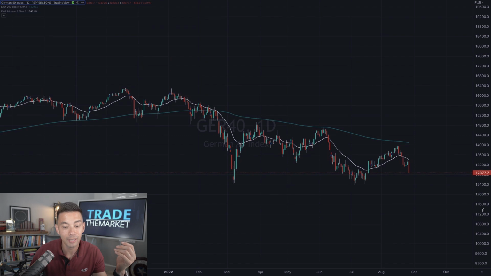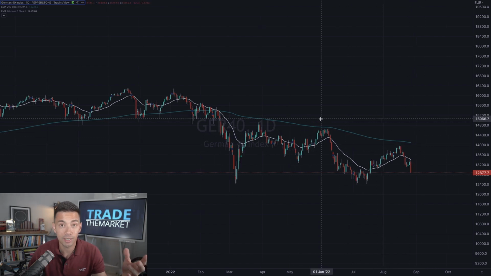So the DAX here, as we can see, has given us a big bearish candle on Friday. If that starts to follow through on Monday, then that would be a great shorting opportunity. Of course, you need to pay attention to the lows at 421, but really and truly, looking at this, the trend is to the downside.